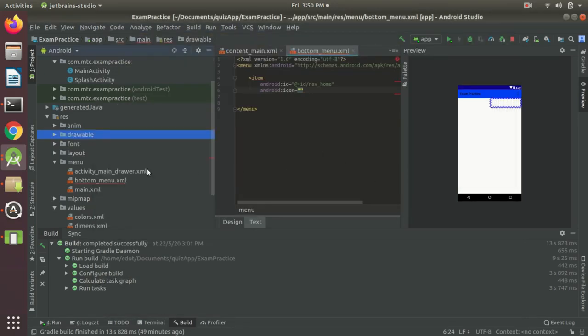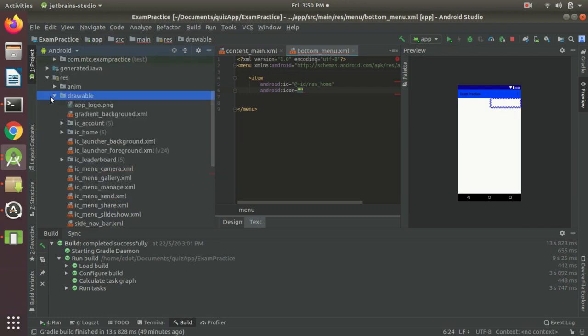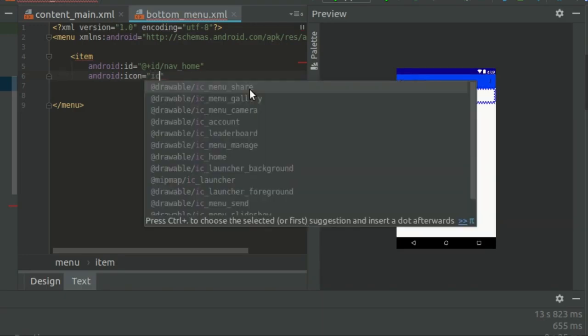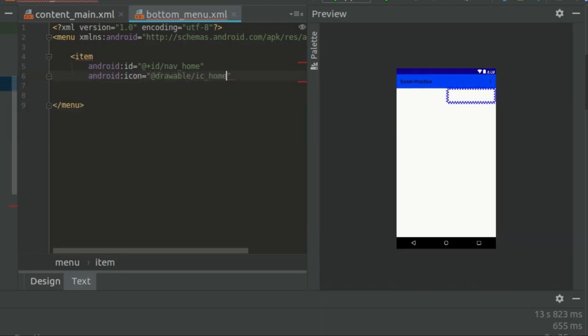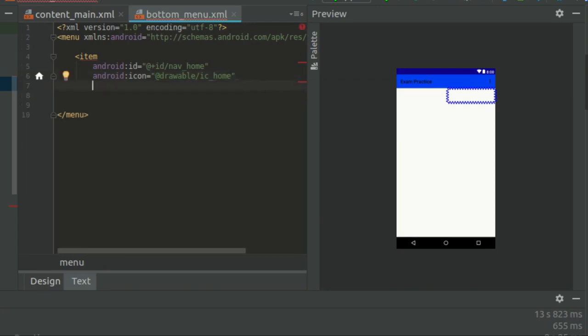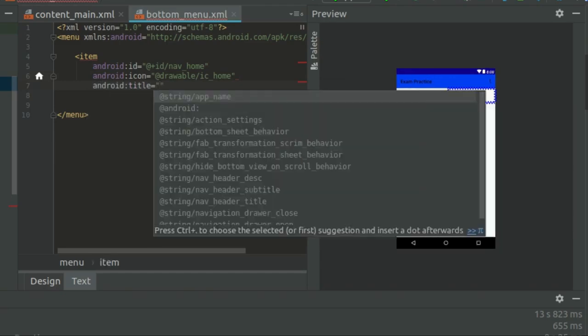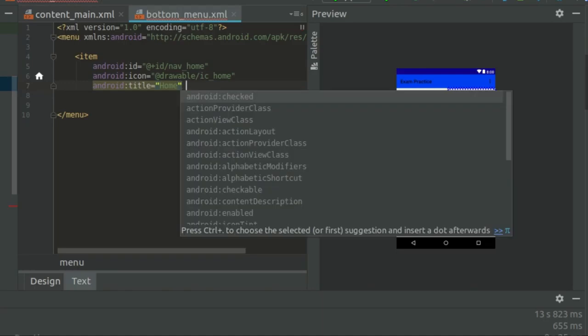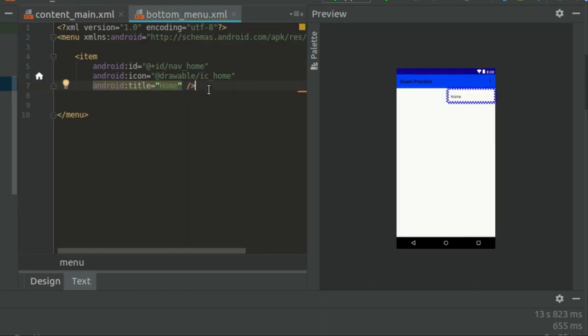Now we have our 3 icons in the drawable folder. Now go to the bottom menu.xml file. Here we have the home icon, so we will set the icon, that is ic_home. Now after this we want the title, and set the title to home. Now close this. Similarly we want 2 other items, so copy this